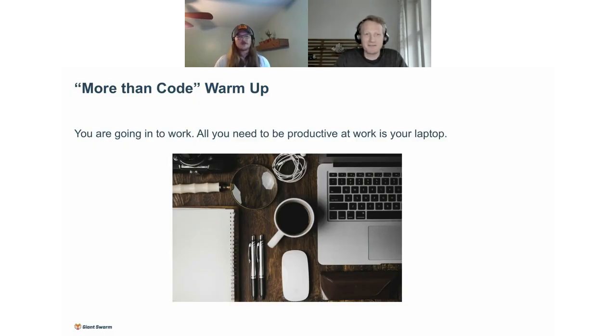Say we have to go to work. We have to go to work to get our code done, to maybe submit our buddy's PR review that he's been waiting for us to do. But all we need at work is our laptop. That's the only thing we need to bring to be successful. So we have to go to the building, we have to bring our laptop, and that's all we need to be able to work.